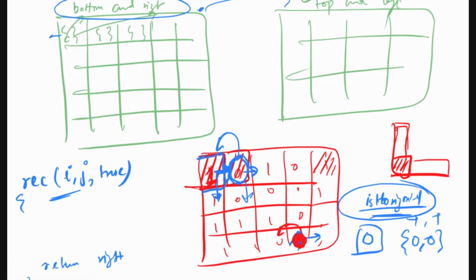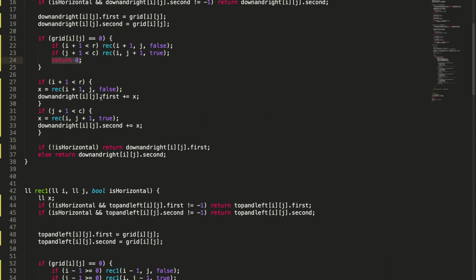So we have just returned 0 here. And if the grid's value is 1, then we will go into this loop here. First we'll call the right cell, and whatever value we get from the right, the total number of consecutive ones from the right, we will add it to the current cell because it's 1. And similarly for the down direction, and similarly for the right direction, and at the end we will just check